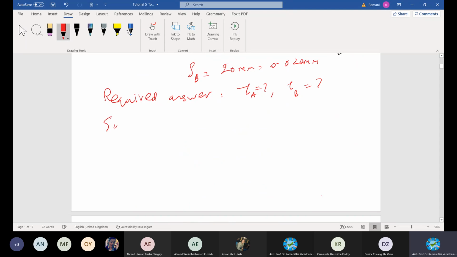Okay. Solution. Very simple one, direct substitution only. Nothing difficult. You can follow. Start with the formula we know. The shear stress at A, let it be A and B. Shear stress A is given by the torsional moment at A and the distance. Our distance is rho, isn't it? Rho over J, polar moment of inertia.